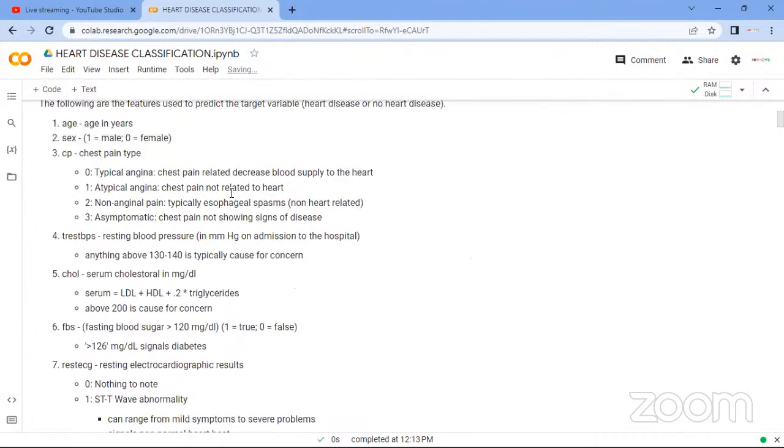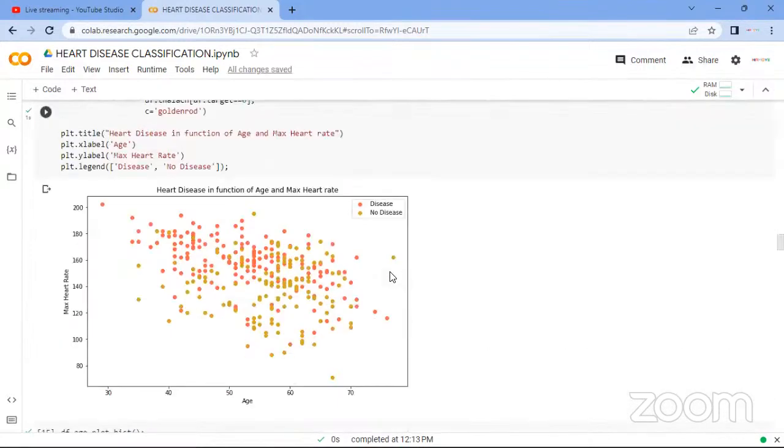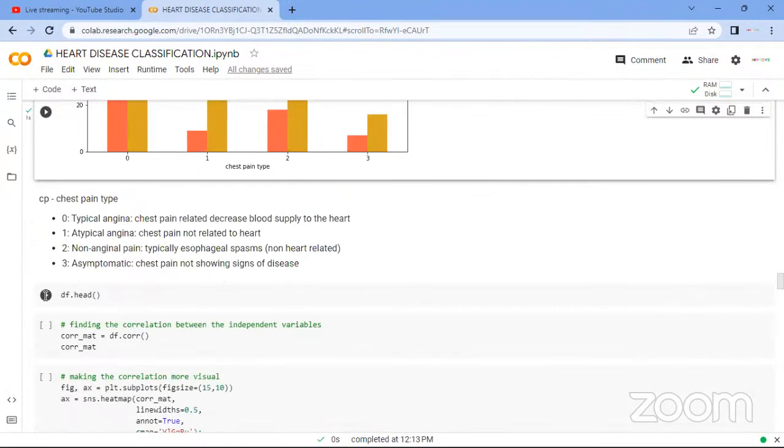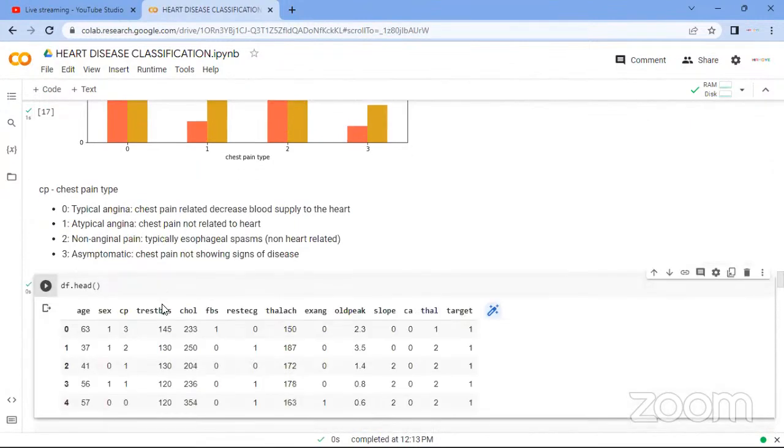These are the different chest pain types: typical angina, atypical angina, non-anginal, and asymptomatic, so those in the medical field understand better. We're not going to be clear on that. Let's go back. Okay, so moving on, I just want to view the data set again, then do a correlation of